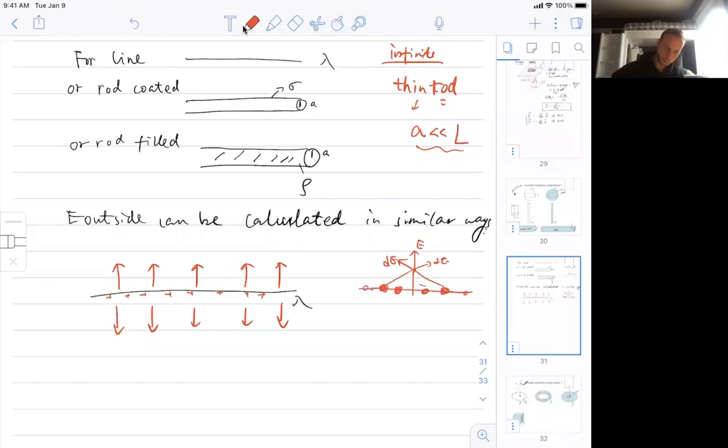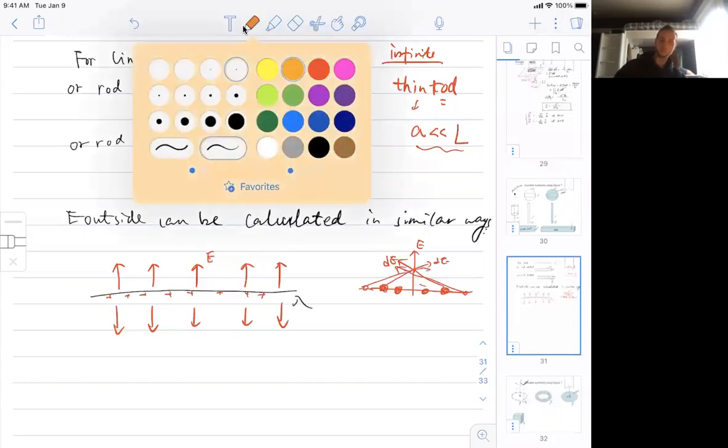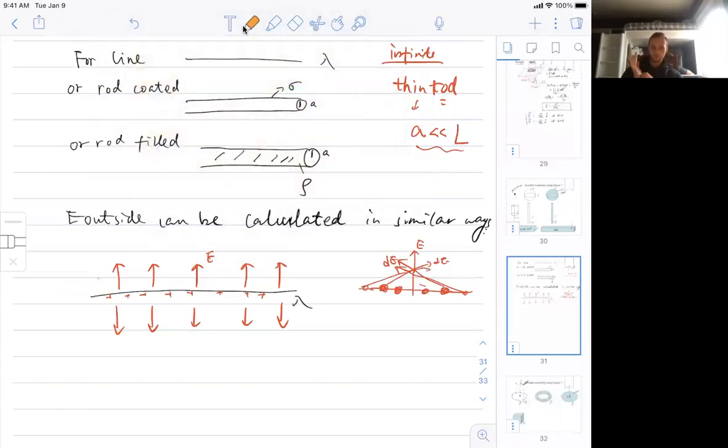So this kind of addition always works. So that's your E. Okay, so now that means my Gaussian surface, I will choose a cylinder,